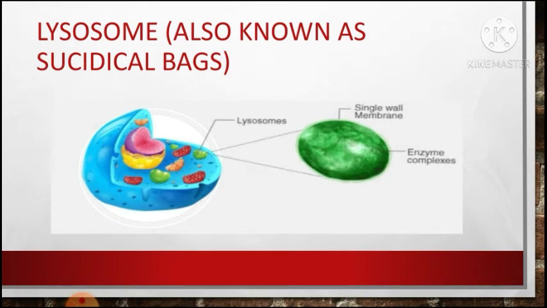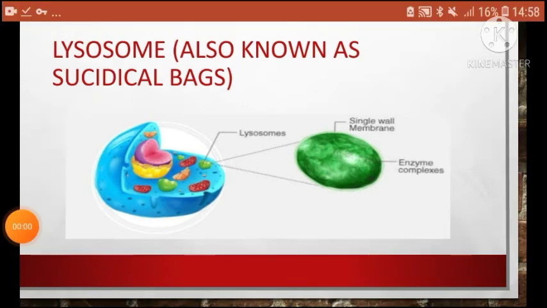Lysosomes are small sac-like structures that are found distributed in the cytoplasm. They are membrane-bound vesicles filled with digestive enzymes. They can digest all types of organic matter, hence they are called digestive bags. Lysosomes are a kind of garbage disposal system of a cell as they help to keep the cell clean by, first, digesting foreign particles, second, eating up worn out cells, and third, removing dead cells.